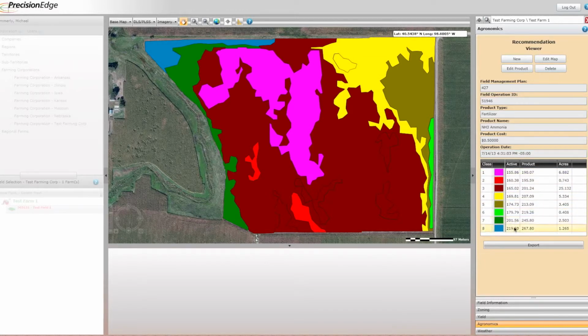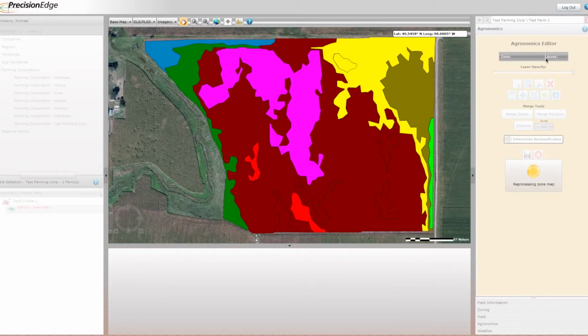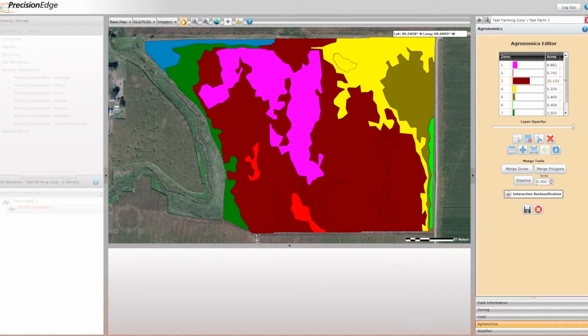In the case of building a manual recommendation, the yield zones are generated directly from the yield map, and the amounts of active ingredients shown in the legend are the same as the yields for each one of those zones. In this case, we'll edit the number of yield zones down to a more manageable number, save that back to the recommendation viewer,